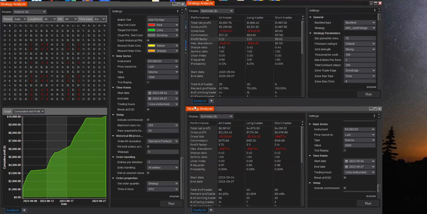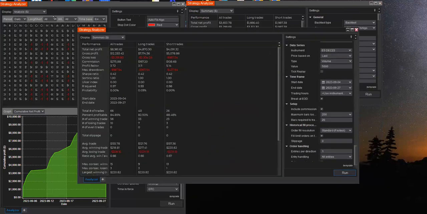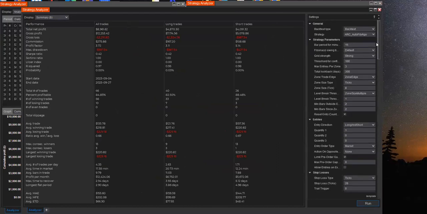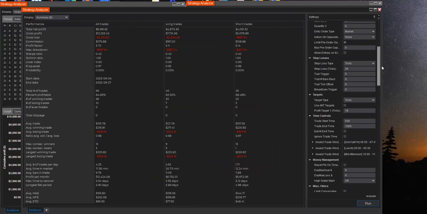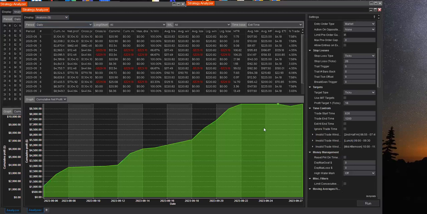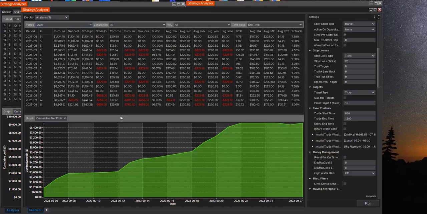Now I'm going to go down to the other one here, and I think it's the same time frame. What we're doing is blocking filters on time. Based off the testing, we've told the software that certain times are not good to trade, so we don't trade during those times. We use that analysis to tell us when we should and shouldn't be trading, and it improves performance a bit. It allows us to be more restrictive.